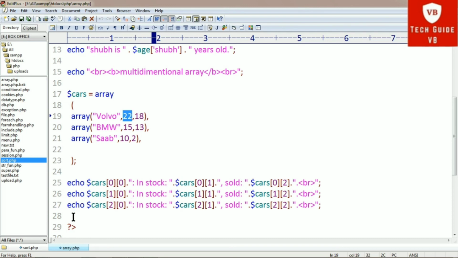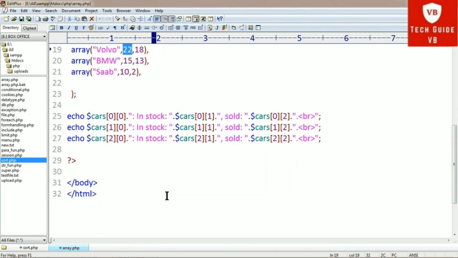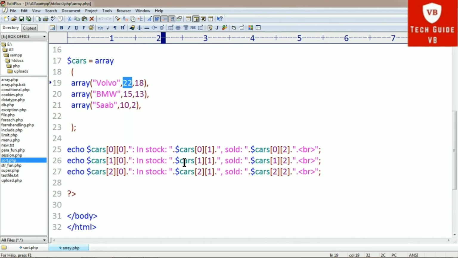Then similarly it will print BMW in stock 15, sold 13, and the third in stock 10, sold 2. It will be printed like this. So this is the multidimensional array concept.